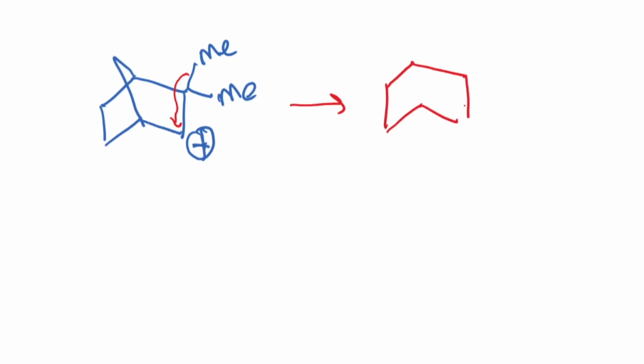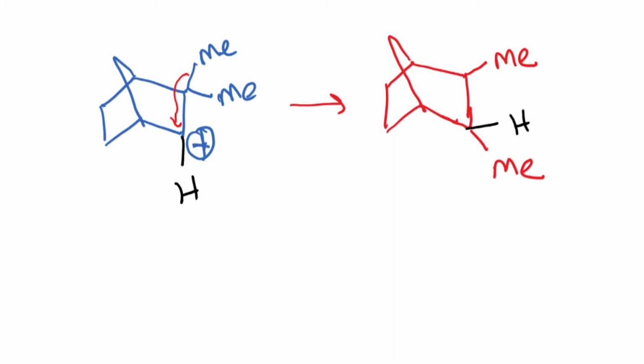So here is the carbocation again, methyl, methyl, and positive charge. And so what you can propose is that this methyl group migrates over here, and that results in the movement of the methyl group from one carbon to the other. So this methyl remains here, and you have another methyl over here. And keep in mind that there is a hydrogen that is sticking out here, so that continues to be here, and there is a full positive charge that's going to be formed. Subsequently, this hydrogen can be lost, and you get the product